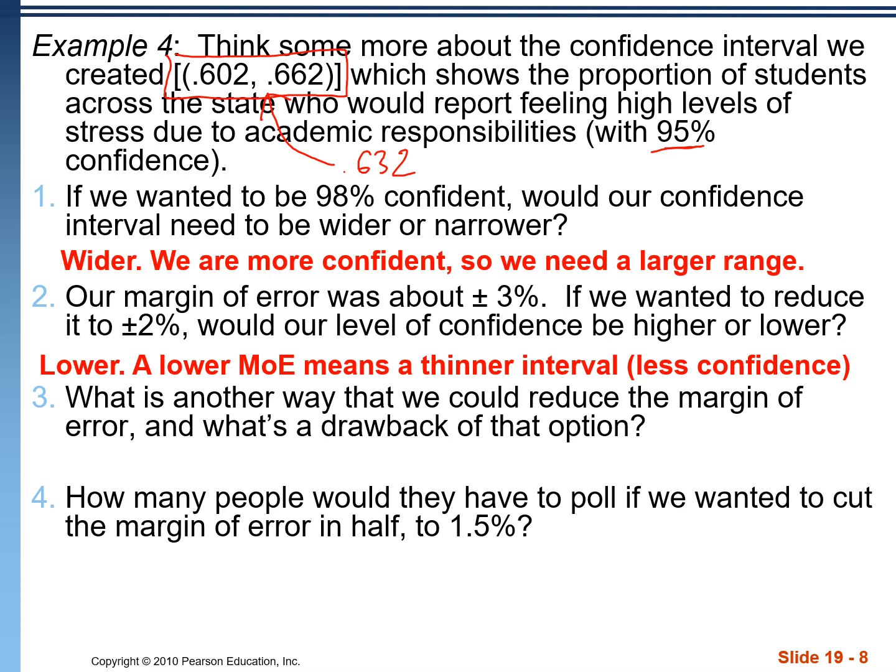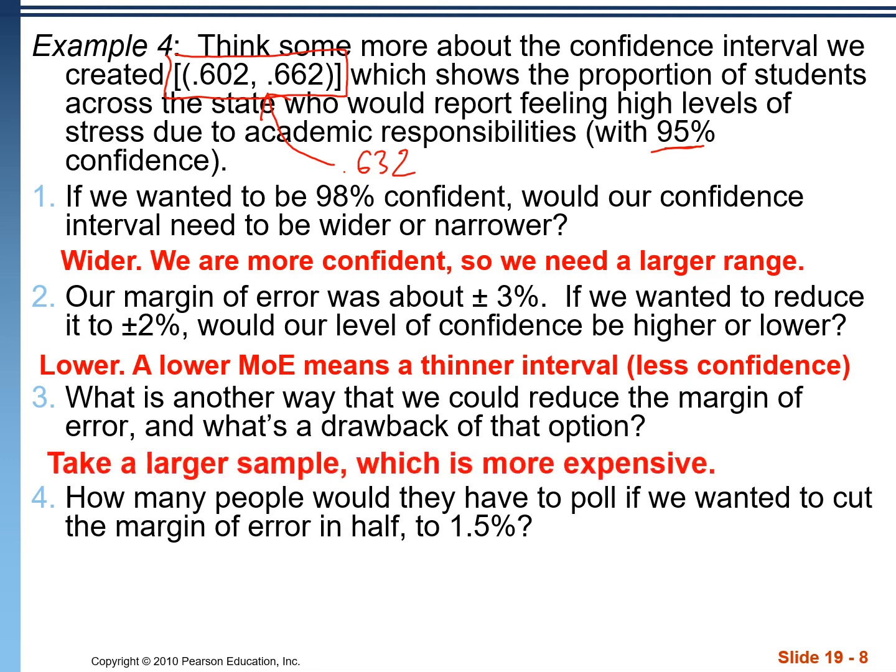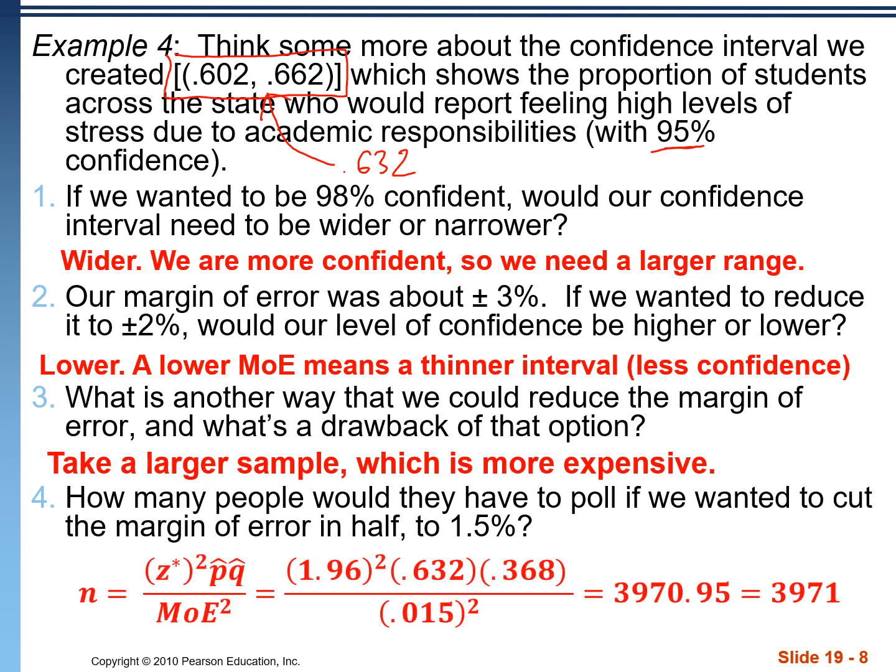What's another way that we could reduce the margin of error, and what's a drawback of that option? We could take a larger sample. It's more expensive. And lastly, how many people would we have to poll if we wanted to cut the margin of error in half to 1.5%? So we're going to use that sample size equation. We're going to plug in everything we know. The z-score for a 95% confidence interval is 1.96. The p-hat is 0.632. Here's the q-hat. Margin of error is 1.5%, and we switch it to a decimal, 0.015. We let our calculator do the work, and we get